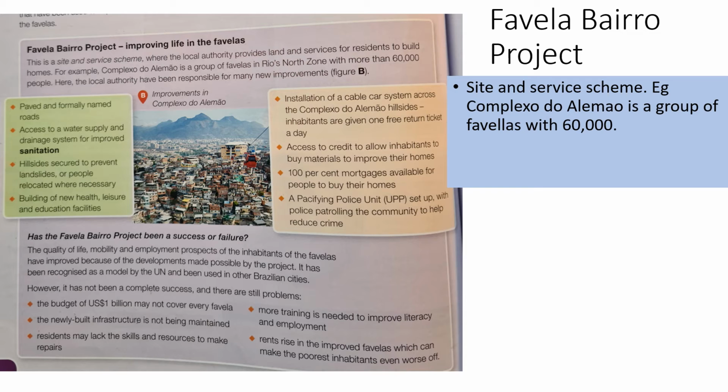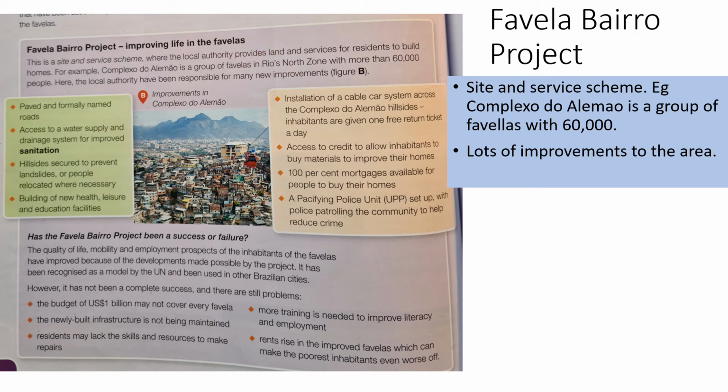A good example of this is the Complexo do Alemão. It is a group of favelas with 60,000 people to the north of the city. So they've got lots of improvements to the area, as mentioned in the 2 boxes in the image. So paved and formally named roads, access to water supply and drainage system for improved sanitation, hillsides secured to prevent landslides or people